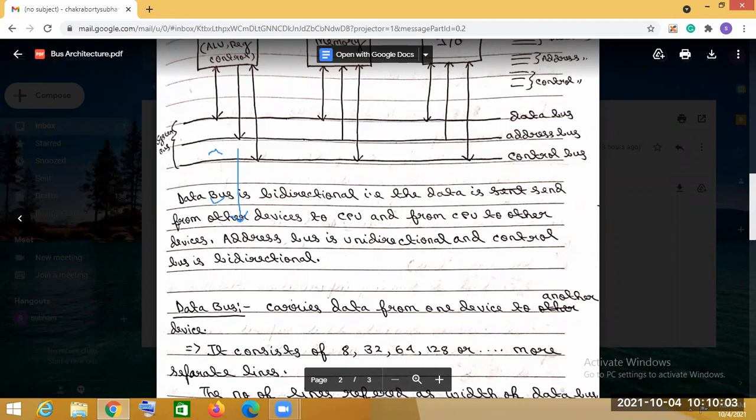Now, how many separate lines can be present? They can be 8, maybe 32, maybe 64, maybe 128, or even more separate lines.